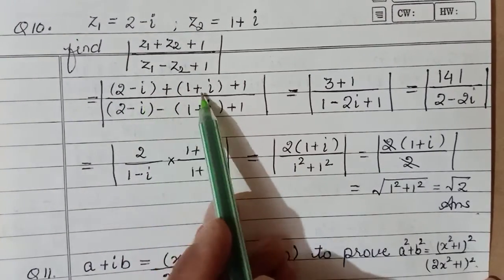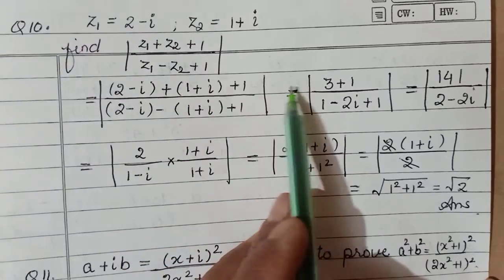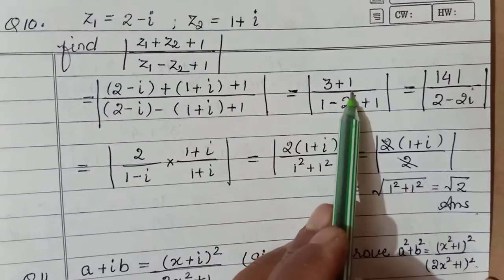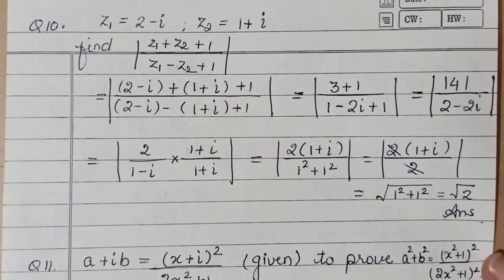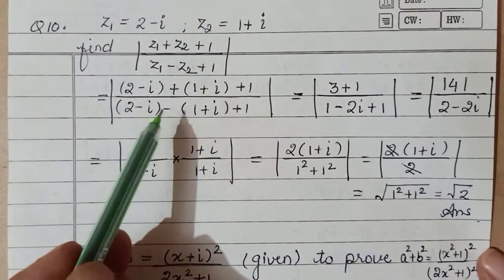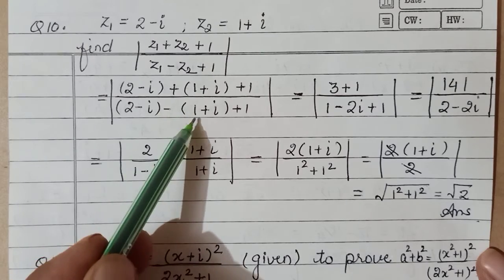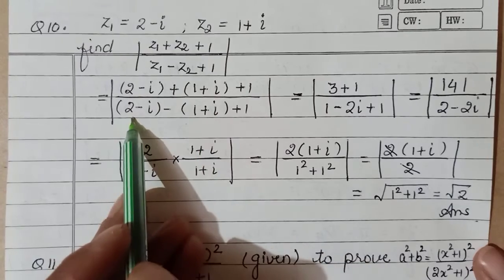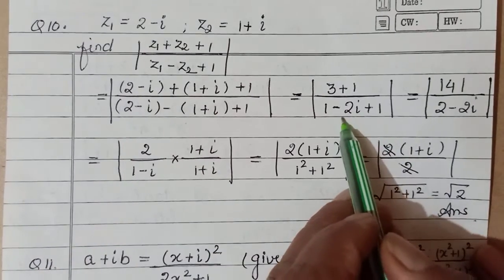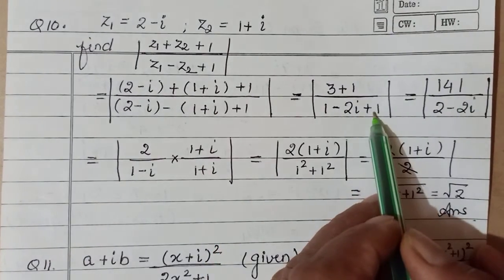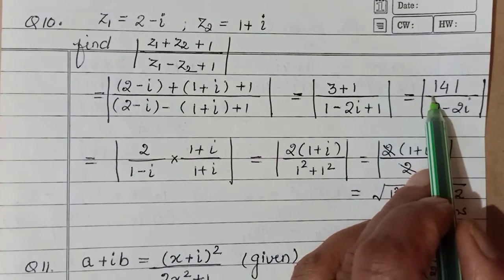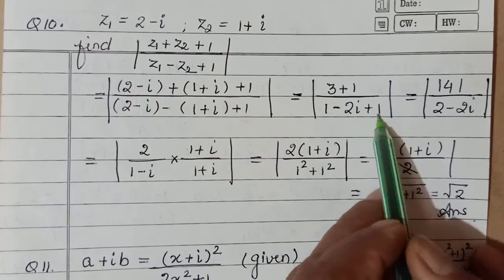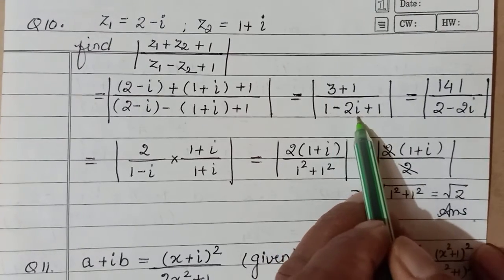Now we'll simplify it. So this is 2 plus 1, 3, and minus i plus i would get cancelled, and this 1 comes as it is. Then for the denominator, likewise, this was 2, this minus will be distributed. So minus 1, 2 minus 1, which is 1. And then you'll get minus i. So minus i was already there, minus i becomes minus 2i. And there was this plus 1. Okay, so your numerator is actually becoming 4, and the denominator is becoming 1 plus 1, 2, minus 2i.